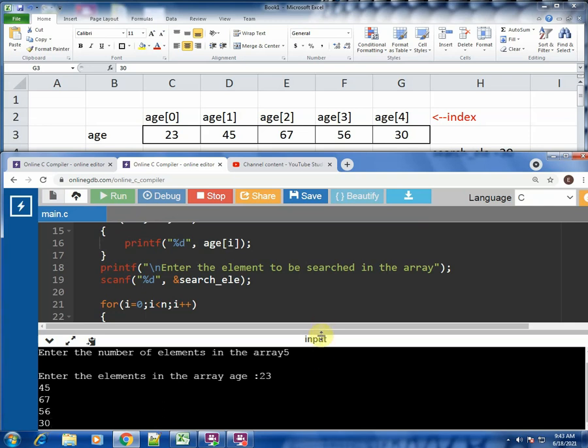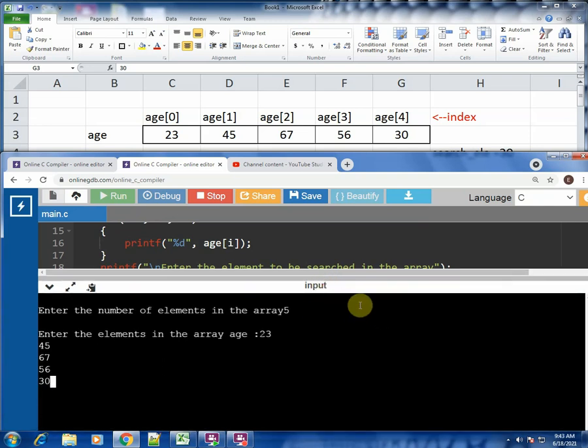I will just scroll this up for you all to see it better. As you see, the array elements are printed, but they are not printed with a space in between. So everything is kind of appended to each other. Let us do the formatting later on. Let us just see if we are getting the output correctly.